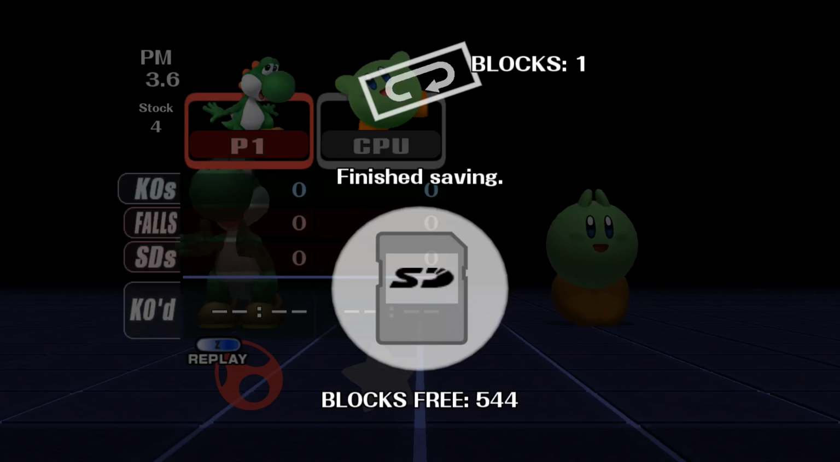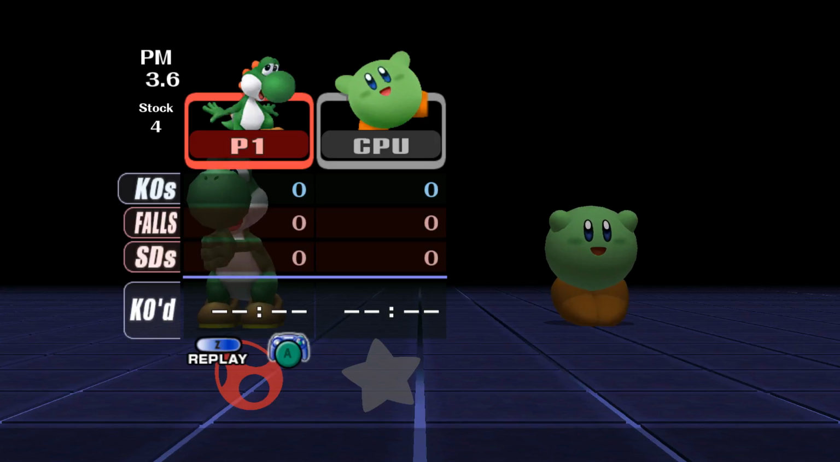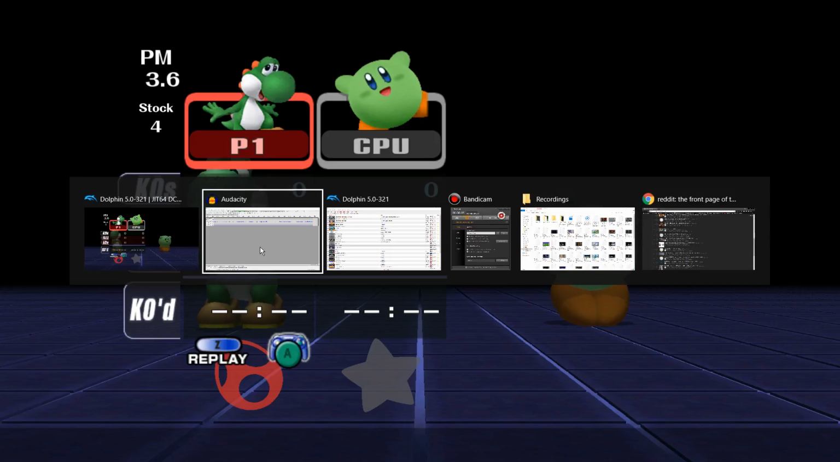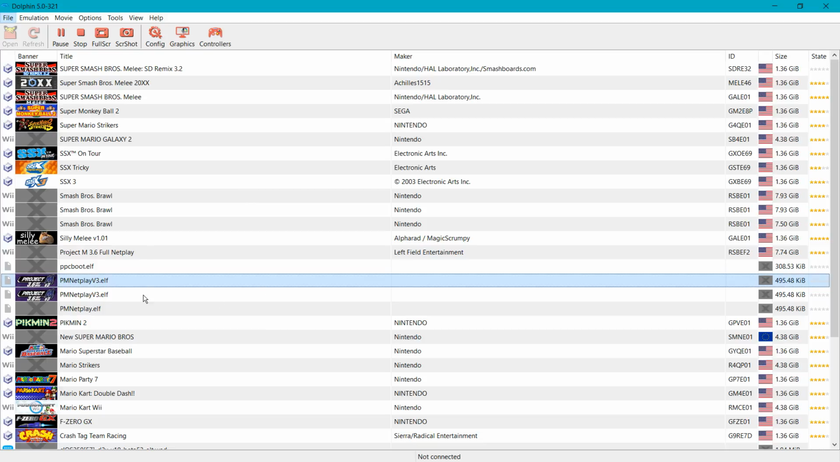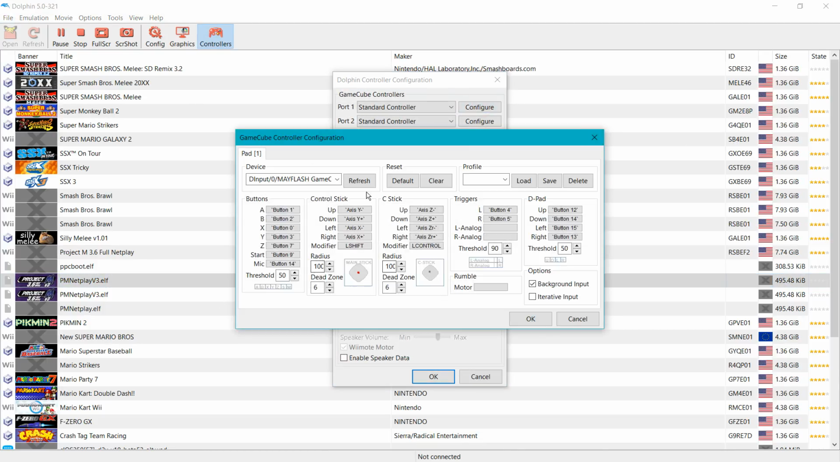Oh, and one quick thing I should point out. I forgot to mention, I'm going to show it in Dolphin here. If you go to controllers, go to configure, you definitely want to not have the left analog and the right analog, the triggers. You don't want the analog values to be active when you're recording,